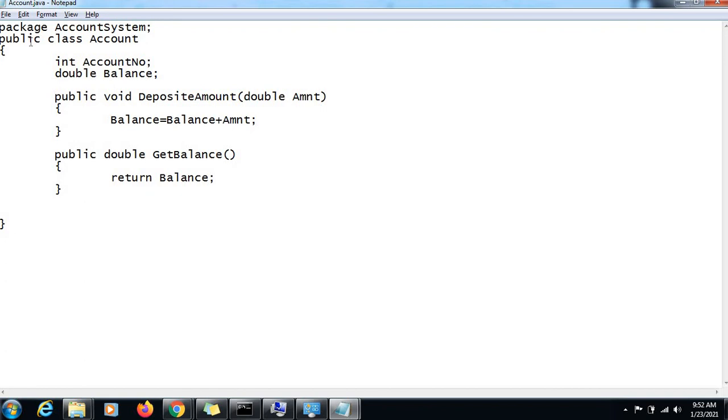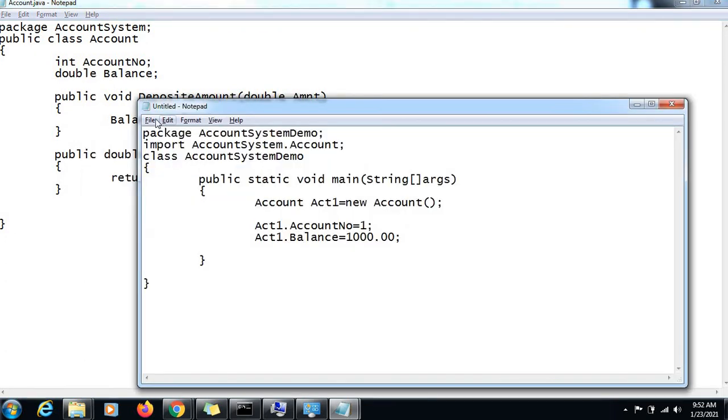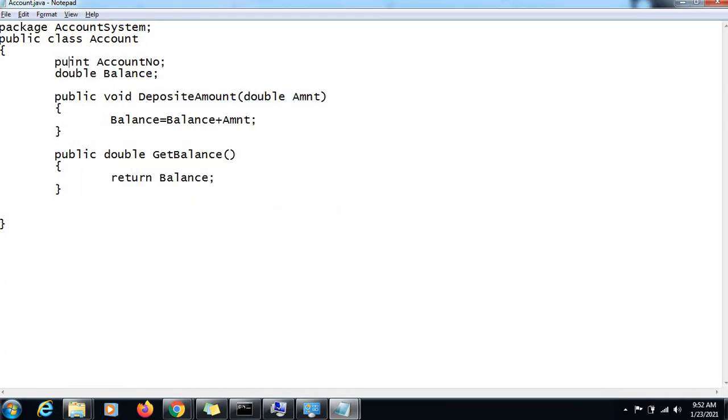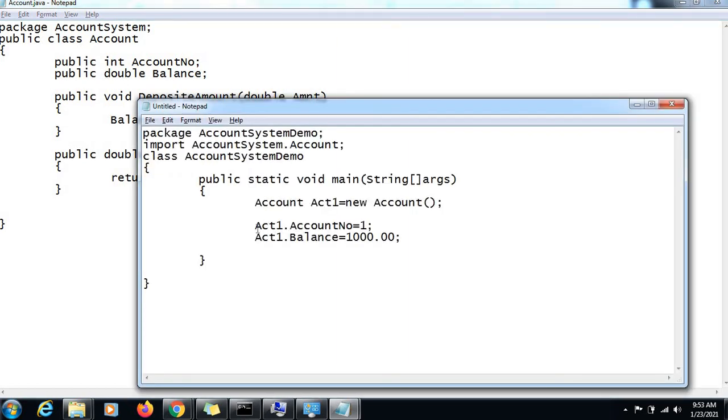Like this account number and balance, if I make them public here, what will happen? Let's understand. This is a very important concept, guys. I'm telling you this because it is very important as far as implementation of the concepts is concerned. So if I expose them, anybody would be able to set the value of the account number and balance as well as get the values. Getting is still fine, I would say, in this particular scenario, but setting like this should not be allowed. Why?